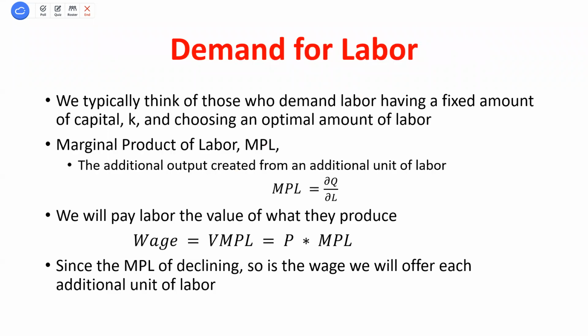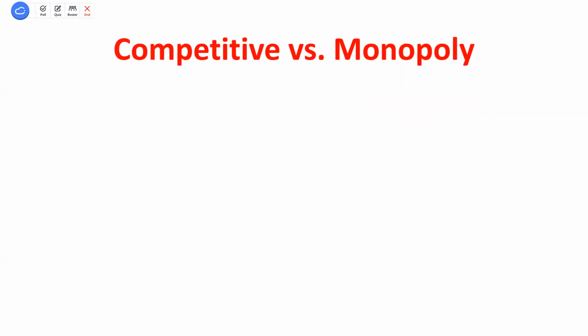Let's see if I want to say anything else. I think we already talked about this. So generally, we have our demand for labor, or what the wage will pay, which is the price of the good times the marginal product. The number of additional units the employee brings in times the price I can charge for that product. Now, we already said the player is bringing an additional number of wins, and we multiply that by how much I'm making per win. That's my marginal revenue per win. So we've got our demand curve, we've got our supply curve. We can start to think about some interesting situations.